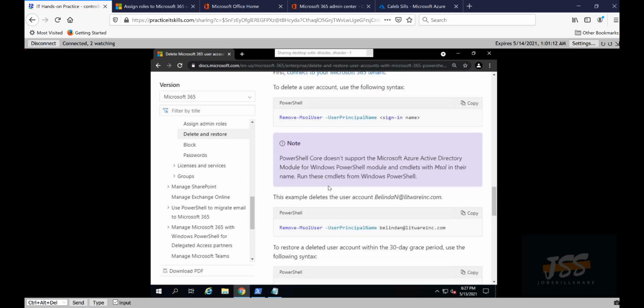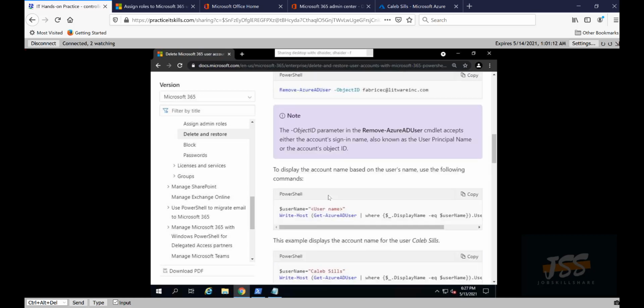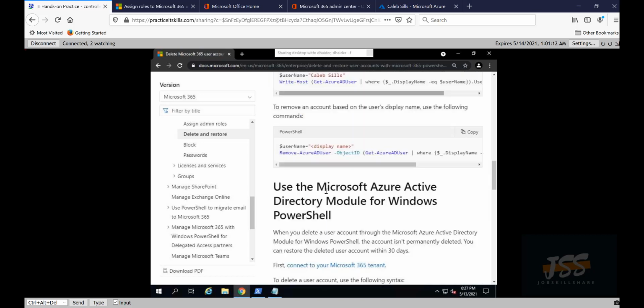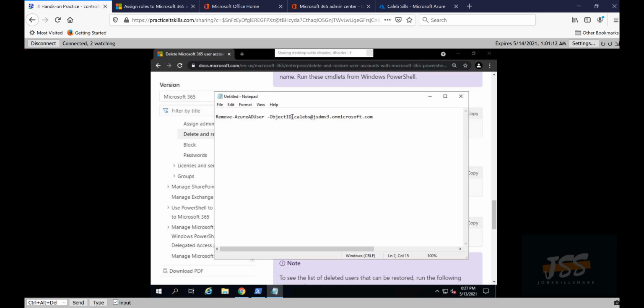So we are going to use the msol basic command, and when we copy that, we're just going to have to change the user, the UPN name, which is the full name of that user with the domain. So if you come over here, in this example, we can copy this, and there's no quotations. Remember that piece in there, there's no quotation inside. So I'm just going to copy the command that I need to recover that user. And here I'm just going to change that and leave the user. So if I copy that and go back to my PowerShell,